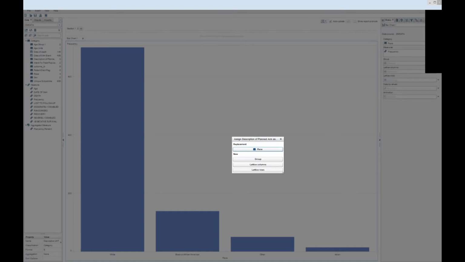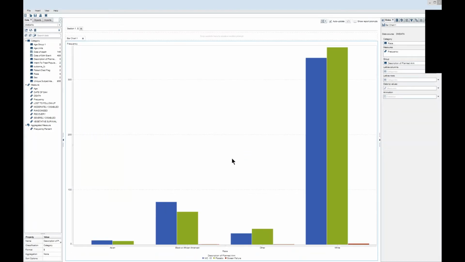And then I can assign how I want to use this variable in my graph. So here I already have race, and I want to keep that, but I want to group by my different arms. So now it's actually almost the same as the charts that I used in my demo, but